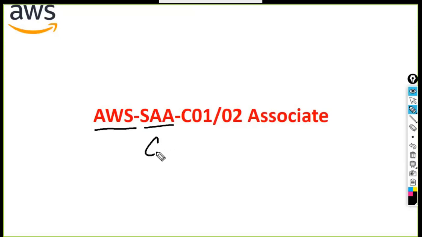This is a certification code. Okay, and the certification code is what we will be using while we are searching through the AWS certification. C01 is the initial code that they have started with when it comes to the architect level of certifications. There are two major architect levels: one is associate, another one is professional. I'll come on to that particular part of the discussion in the next slide.